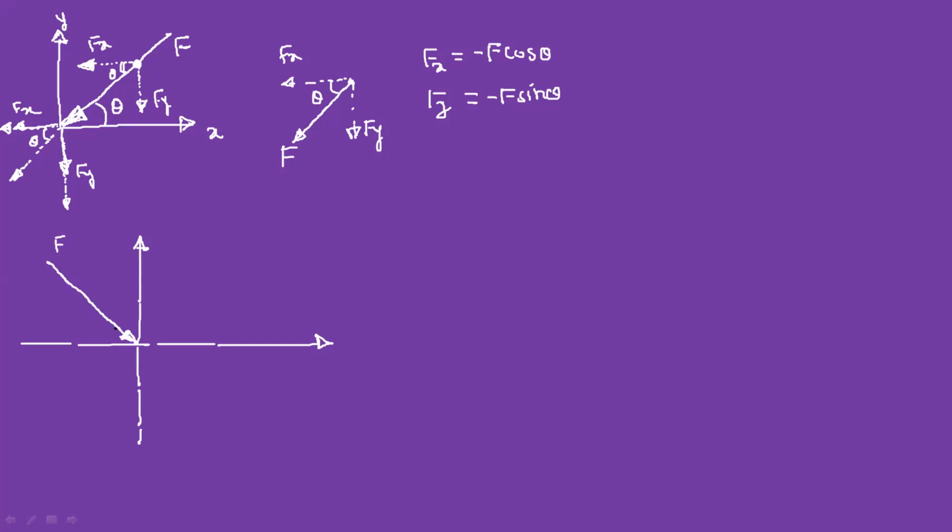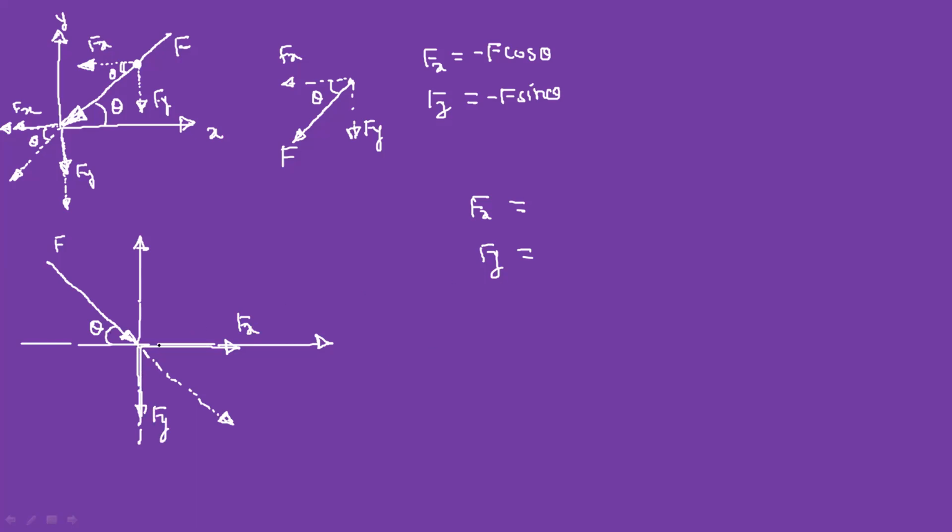So this is the second case. This angle is given as theta, and we want to find out the x and y component. So what is Fx and what is Fy? So just by observation, you can say force is actually lying in the fourth quadrant, as direction is towards the fourth quadrant. Okay. So we can resolve this force at any point on this line. Okay. So suppose you want to resolve the force in the fourth quadrant only. So we have to extend that line of action. Then we will show the components, one along x direction. So this will be your Fx, and along the y direction, this will be your Fy.